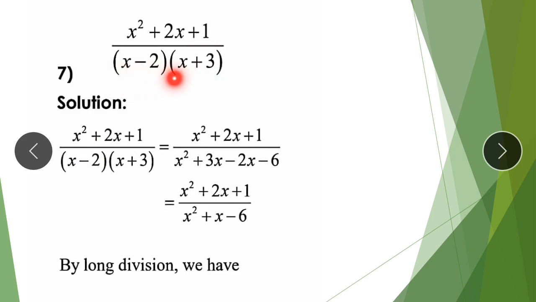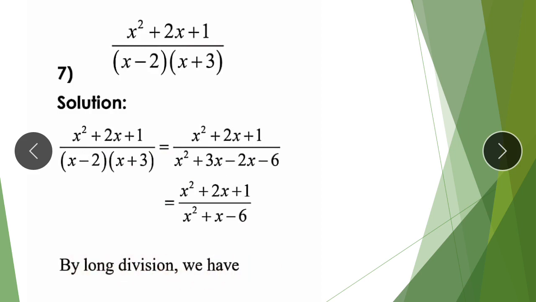You have to see whether it is in multiplied form or factorized form. Again, you have to check whether x multiplied with x gives x square or x cube. Here you can see that the degrees are equal, so it can be divided. x with x is x square, 3 with x, then minus 2x, 3 2s are 6. 3 minus 2 will be 1x. Now both the degrees are equal, so we can go by long division.